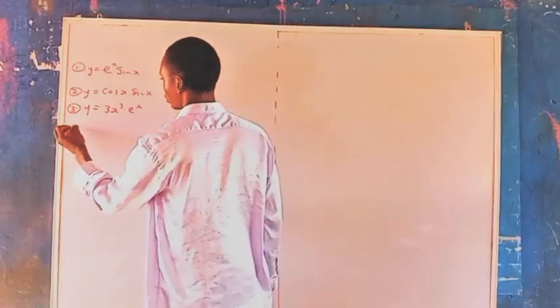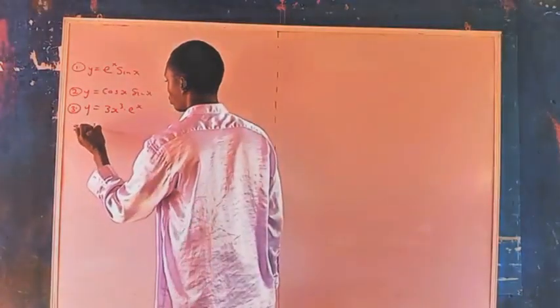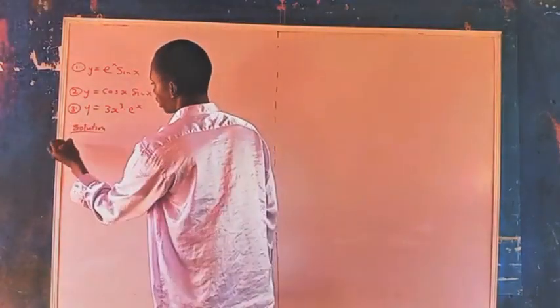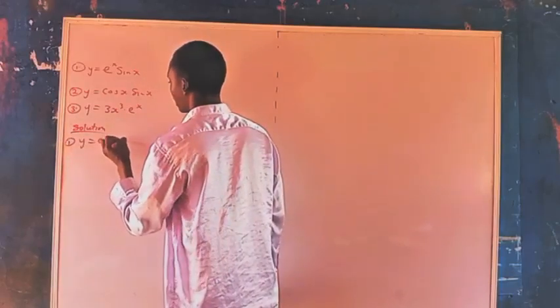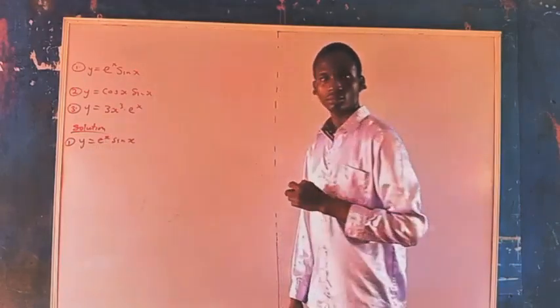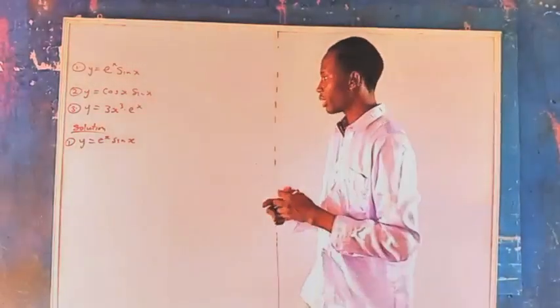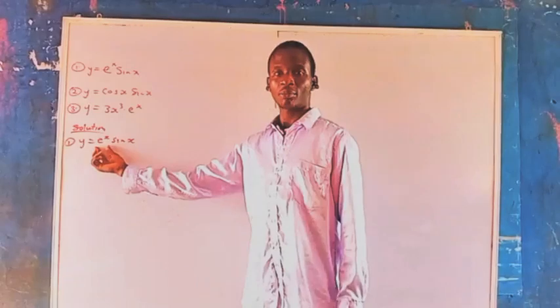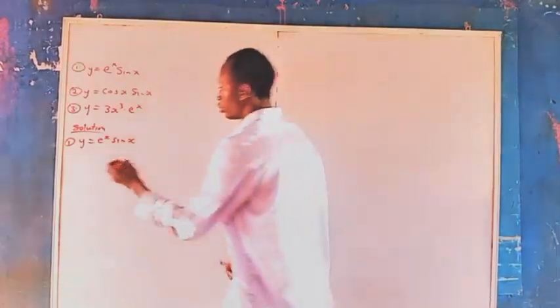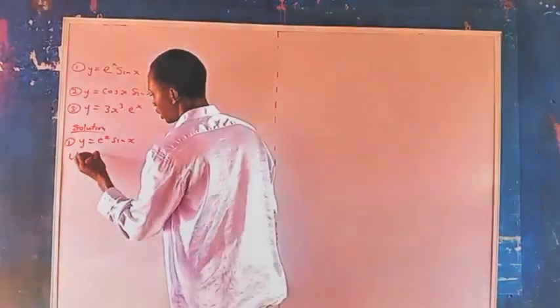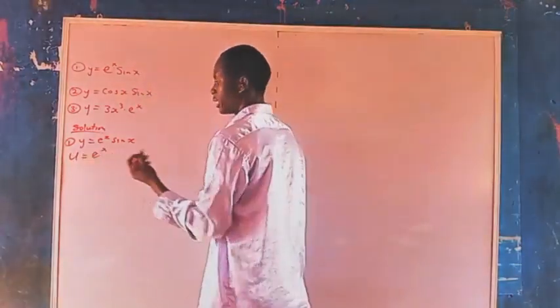So, solution. All right. We have y equals e to the power of x sine x. Now I can make my u equal to e to the power of x and my v be sine x. Okay. Now, u equals e to the power of x, and then if we differentiate